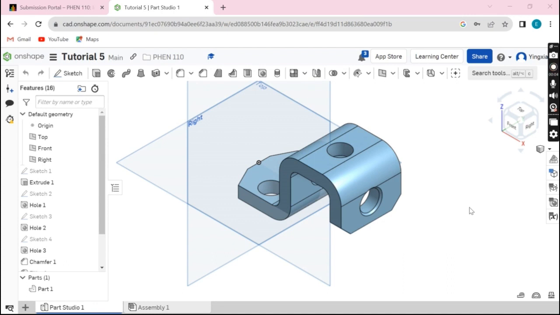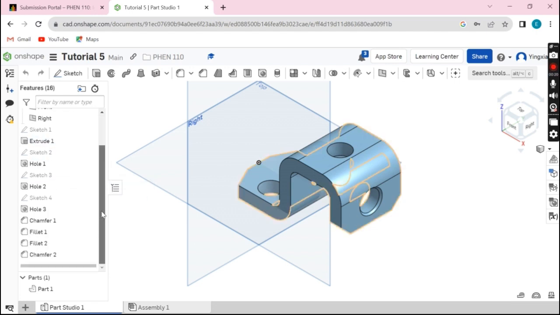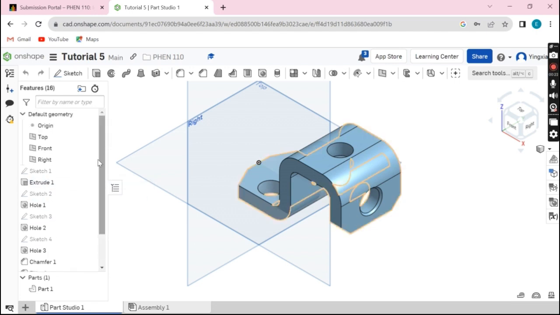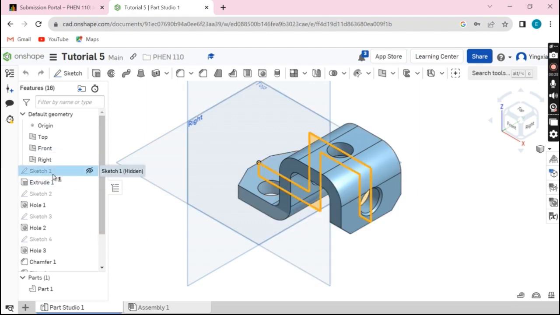Starting from tutor 5, I will no longer give you step-by-step tutors because you already have a basic understanding of Onshape modeling. So I will only show you the feature history at the left-hand side of the screen. So for this component,